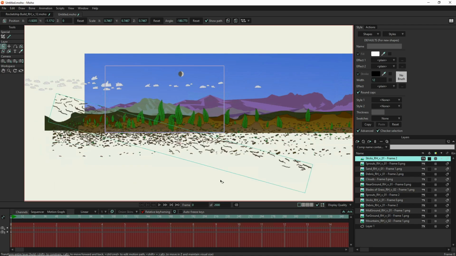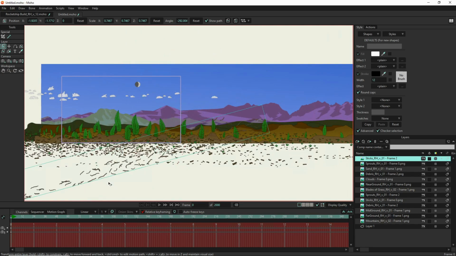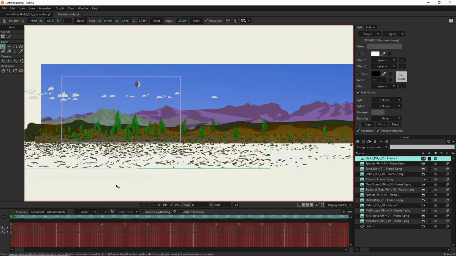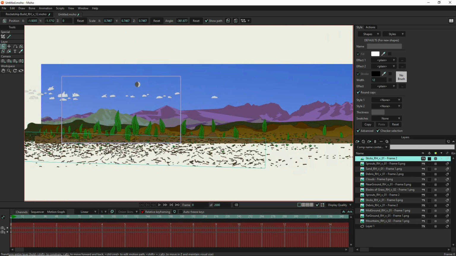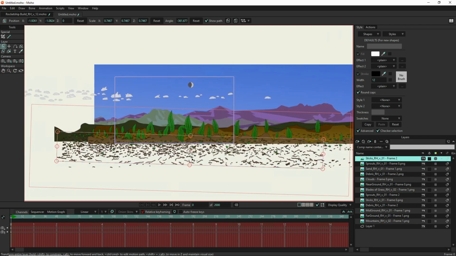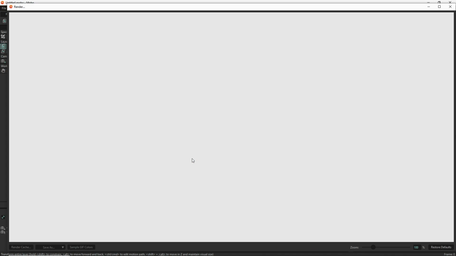And let's go ahead and rotate it back the other way, so we've only got a few. And there we go. So now we can render our scene,